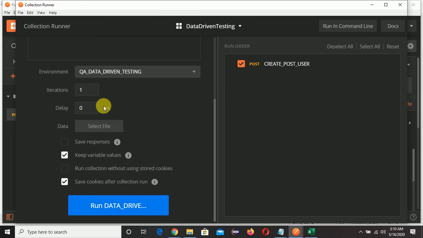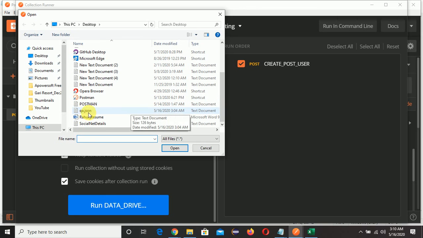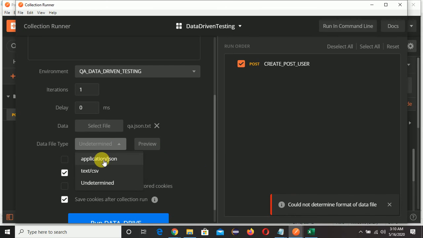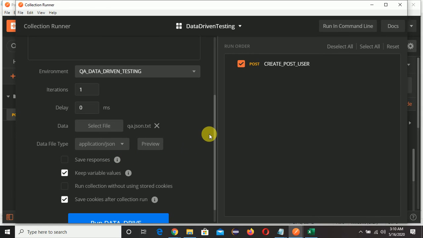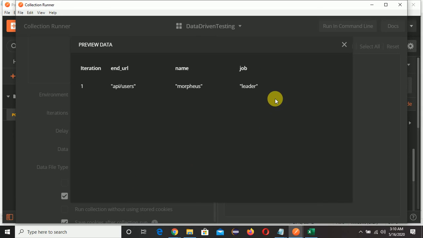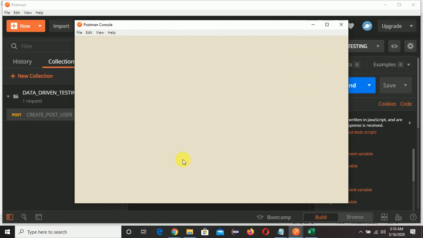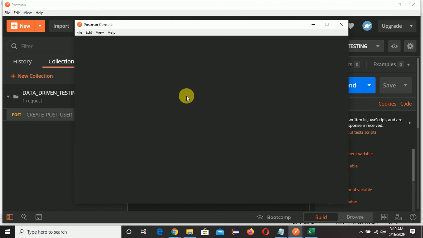For iteration, you can give anything here. I'm giving one, and select file. So QA.json is our file, and you can select application/json here. You can even preview. See, this is formatted, and here the name is Morpheus and the job is leader. So before running, let me open that console so that we can see the record, right?